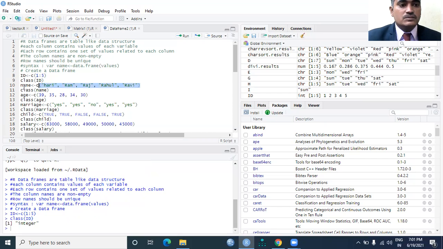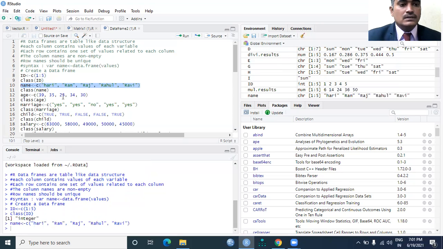So I want to execute this command. The name variable is a character in nature, because Hari, Ram, Raj, Rahul, Ravi are all character type. We can cross check the class of name also.